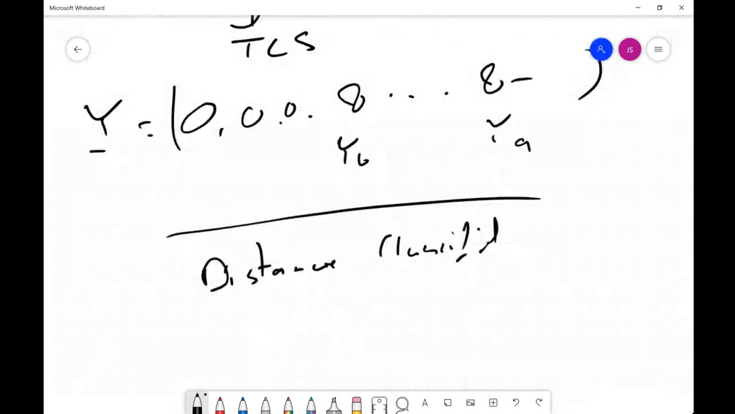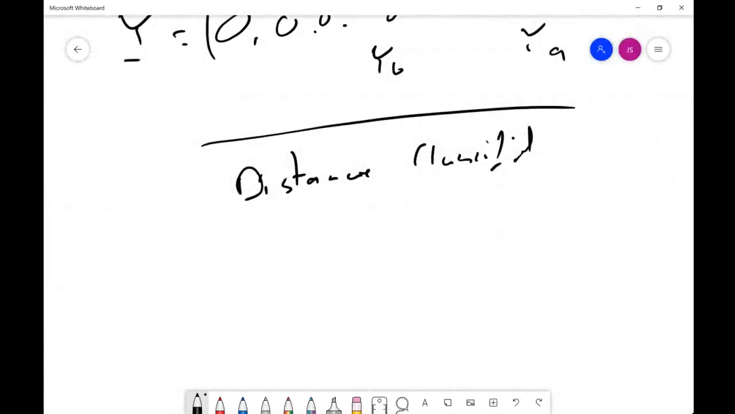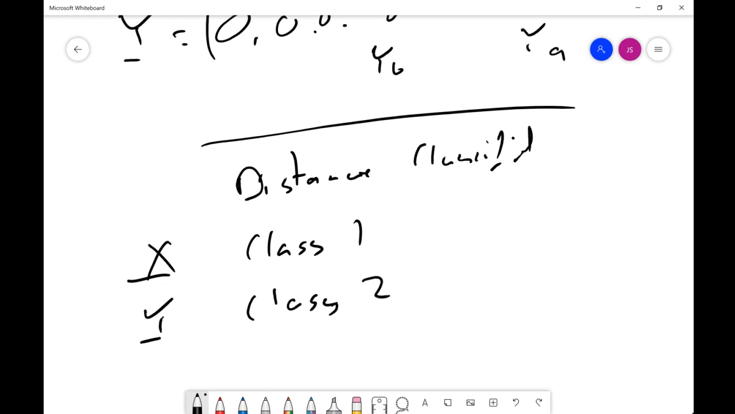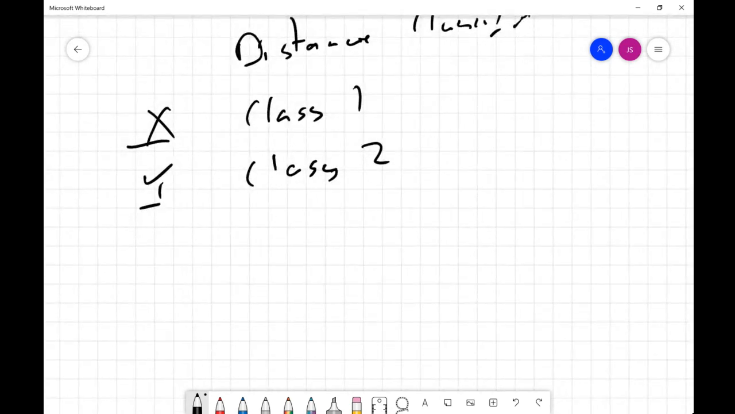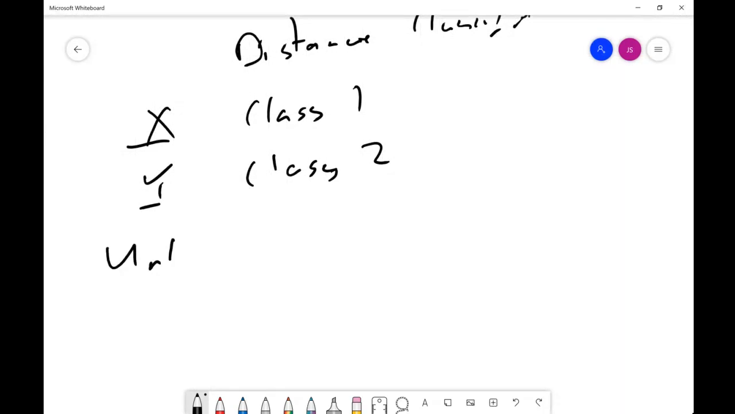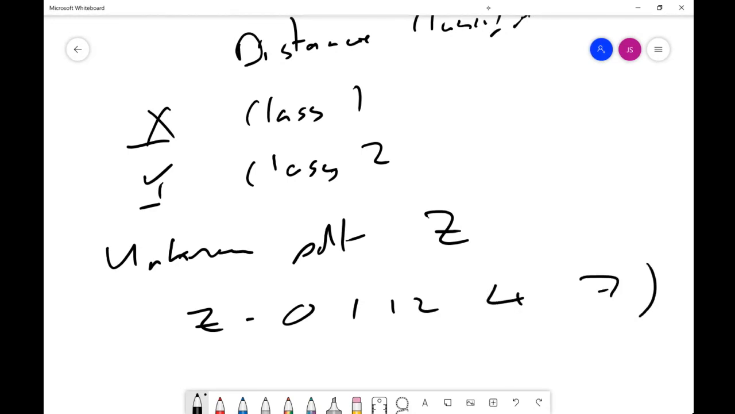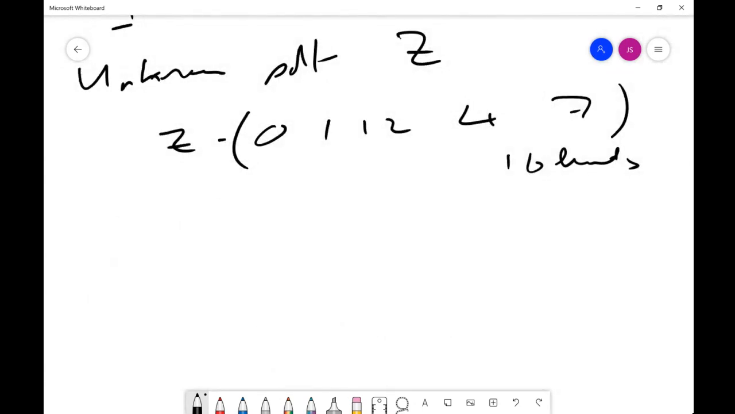And the first would be, if the pattern 1, which I called X, is class 1, and vector Y is class 2, the checkerboard and the vertical lines. If we have an unknown pattern, measure, say Z, and Z could be whatever, 0, 1, 1, 2, 4, 7, another 16 elements, using the Euclidean distance,